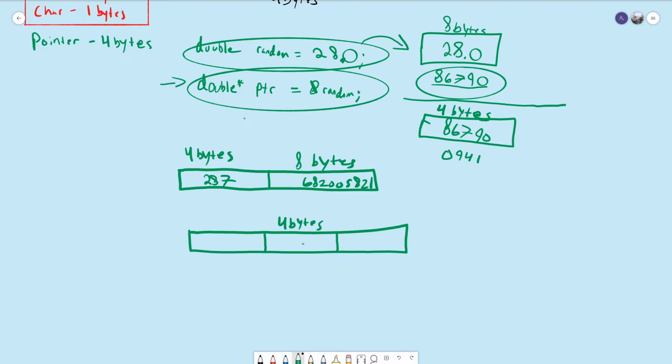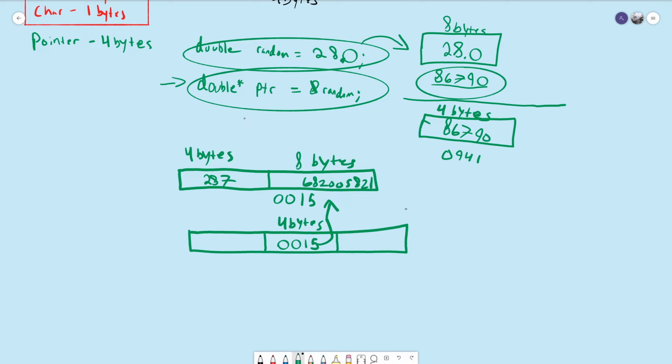The value that would be stored inside of here would be the address of this 8-byte chunk of memory, or the starting of that address. So let's say the start of this 8 bytes, the first byte would be 0015, right? Let's just pretend that's the value. So that means that inside of here we're going to store 0015, just like that, because this pointer here is storing the address of this long that we have here. Okay, so we can say that this points